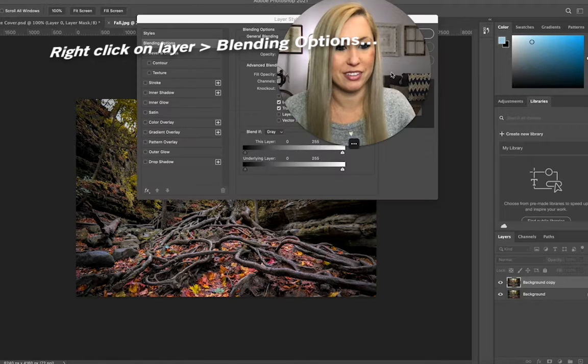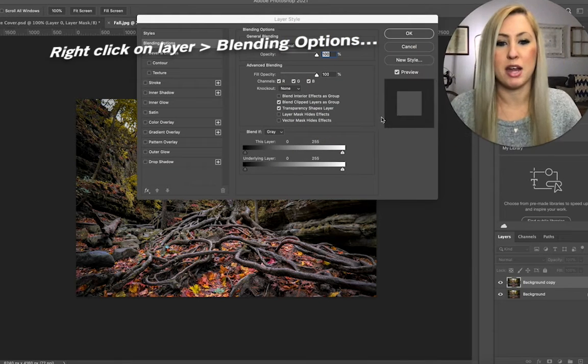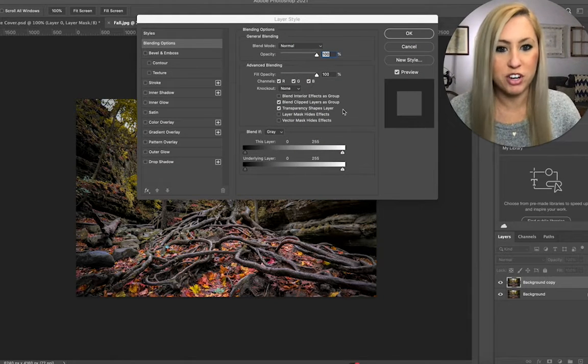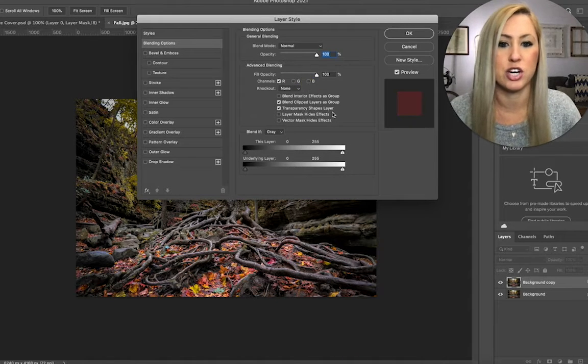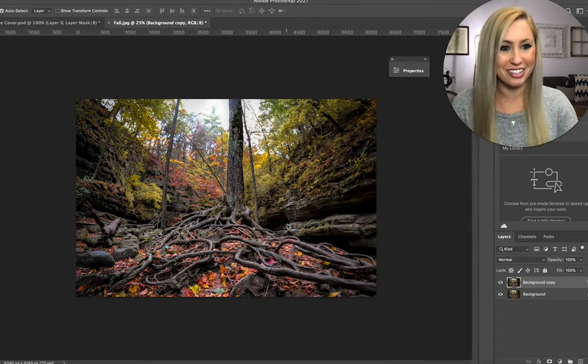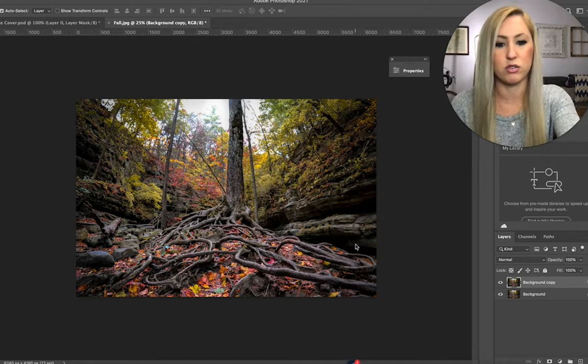Once you open up this menu, we're going to turn off all of your color channels except for red. So click on the little check mark next to G and B for green and blue, and go ahead and click OK. Now nothing initially happens, but if you use the arrow keys on your keyboard now to move this